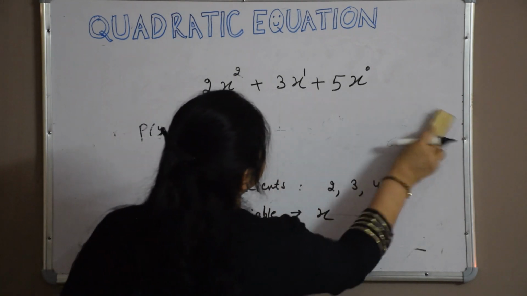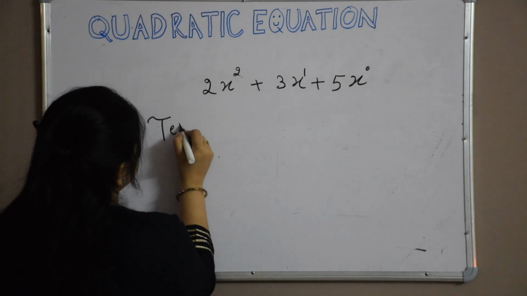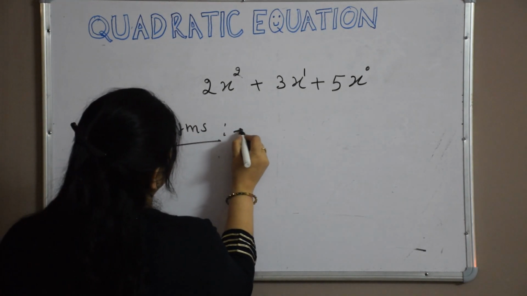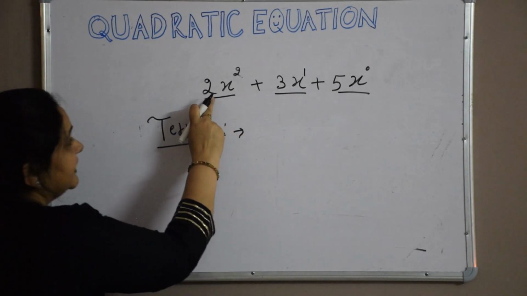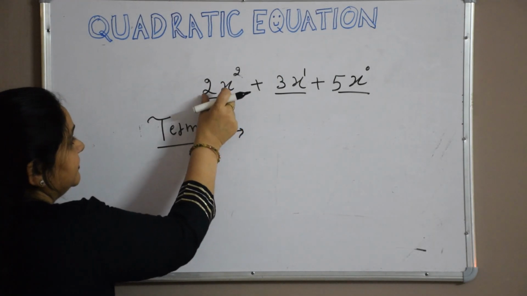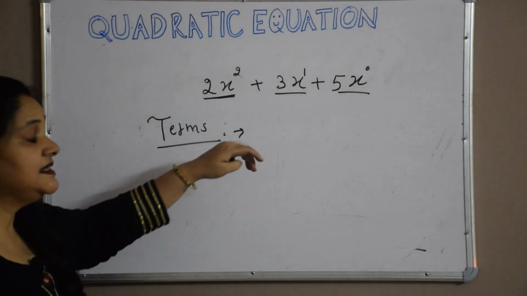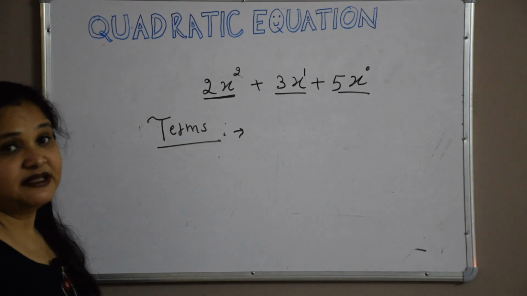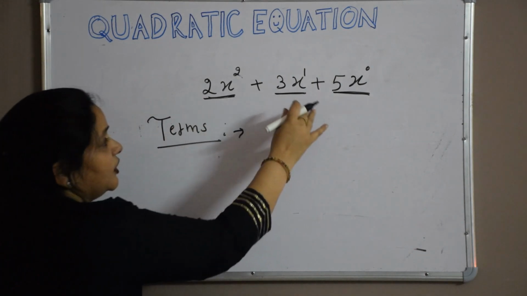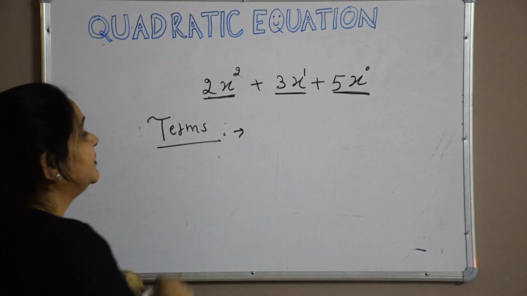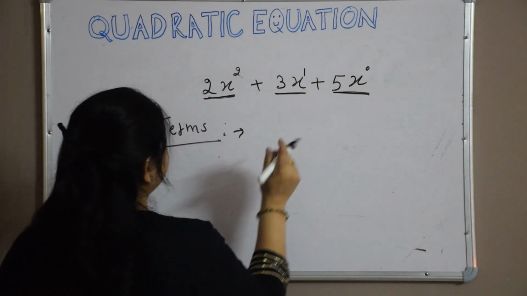Now there are categorizations of polynomials, and one more thing, terms, I should also tell you. See, this is a polynomial. If we multiply this coefficient and this variable, they are getting multiplied, so it becomes one term. Whenever a plus or minus sign comes between these, they become separate terms. So here this is one term, this is the second term, and this is the third term. So how many terms are there? 3 terms, because we have these two signs. Before that one term, one term, one term, so 3 terms are there.